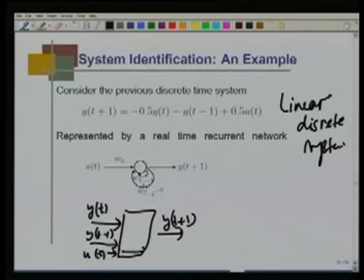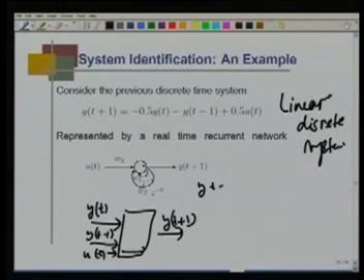So, what does it mean? So, I can write now y t plus 1 is W3 u t plus W1 into y t, this is single delay, and then double delay is W2 into y t minus 1. Okay. So, if I match this into this, you can easily see